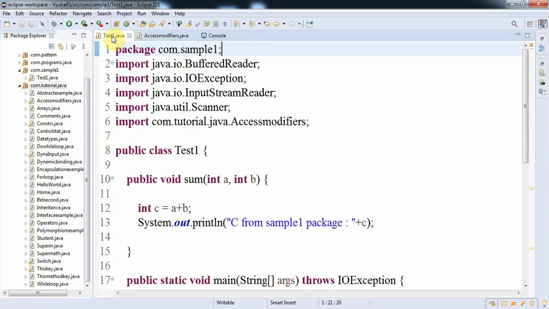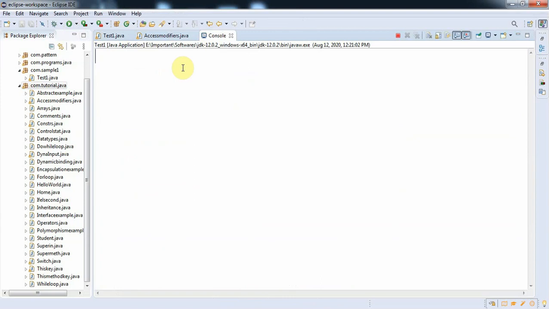So when we try to execute this particular program, in the console you can observe, here we have to give two input values of type integer. So I am giving 1 comma 2. Here you can see C from sample1 package, and the value it is showing is 3.